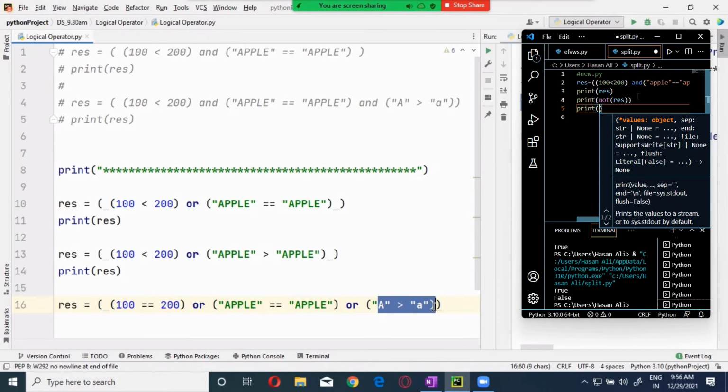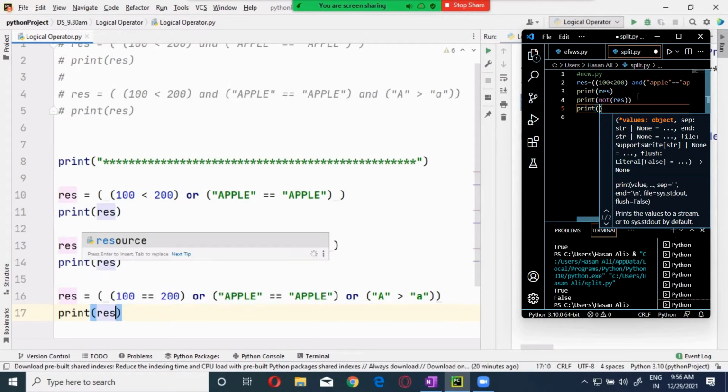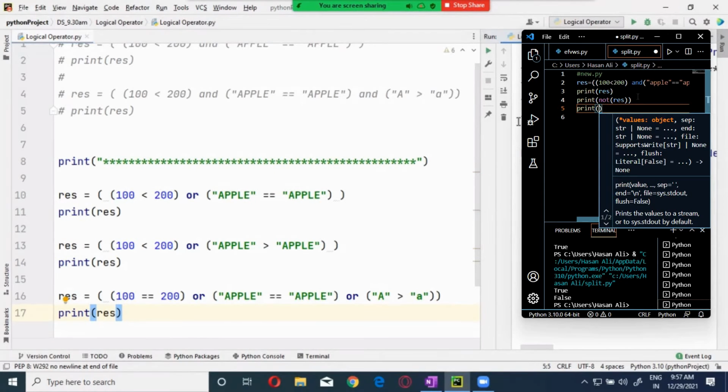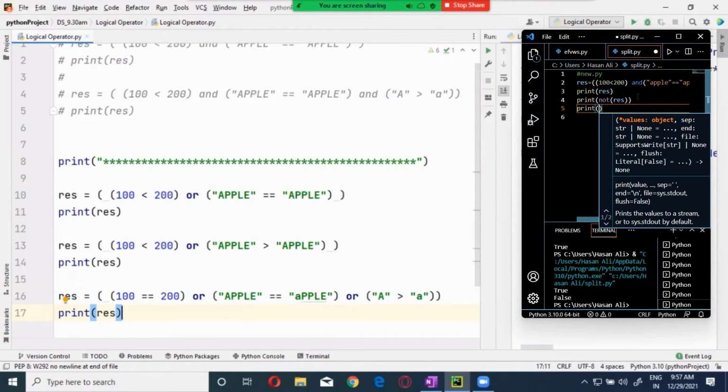Total 2 false are there, 1 true is there. The total outcome will be true. All the 3 are true. Okay, guys. Now, when will it be false? When all of them are false. This one is false, this one is false, and this one is also false. When all the 3 are false, then only we will get false whenever using an OR logical operator. Okay, guys.